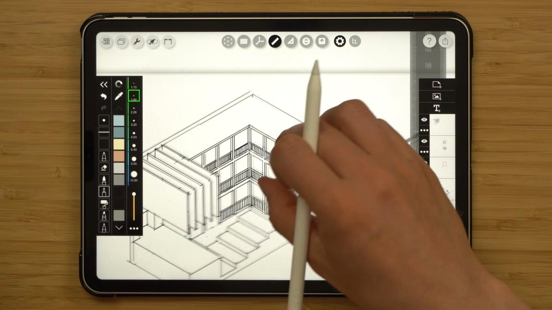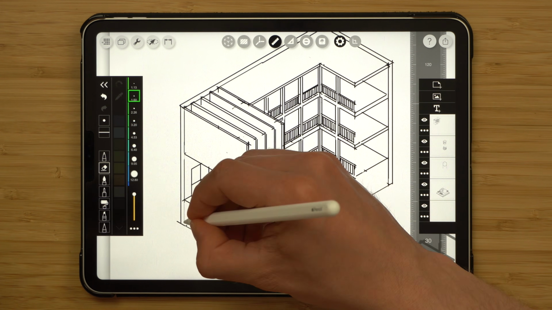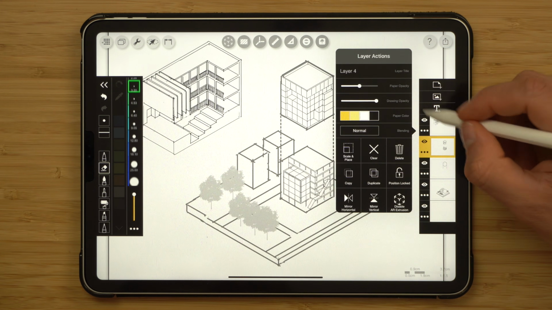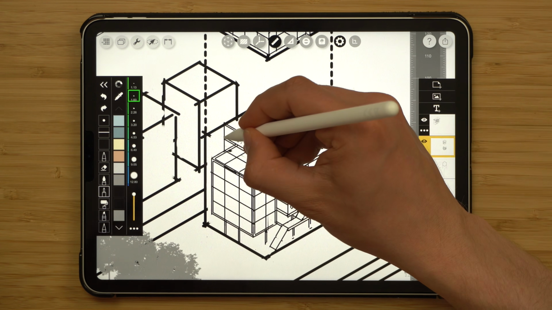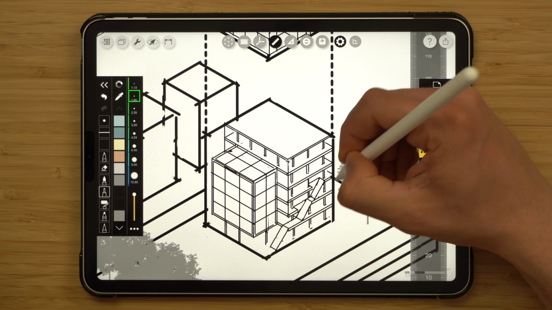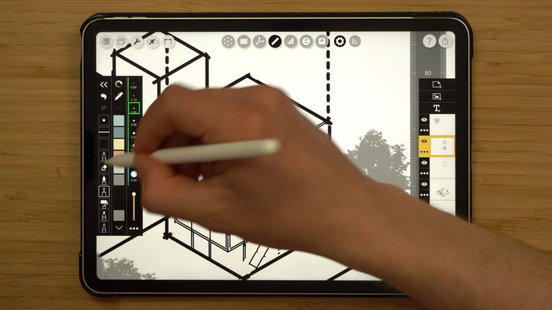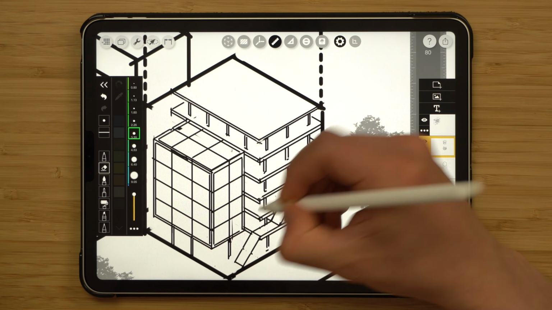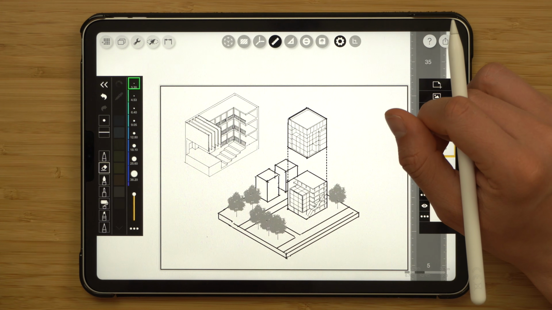I might actually add to this axonometric the thickness of the walls that go around. Okay, that looks good. I'll decrease the paper opacity so we can see the bottom layers a bit more clearly. Over here, I'll just make one quick adjustment. I'll pull the floors across, something I forgot to do the first time round. And I'll erase this line here, and actually this horizontal line as well, just so we can see the edges of the floors exposed. So this looks pretty good.